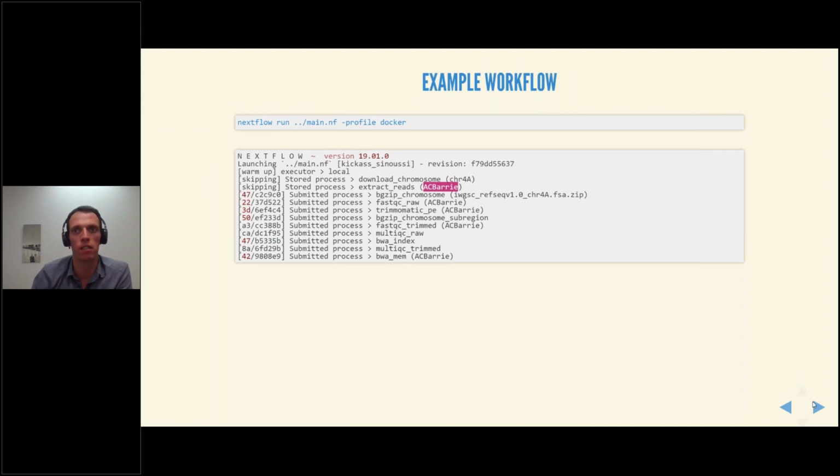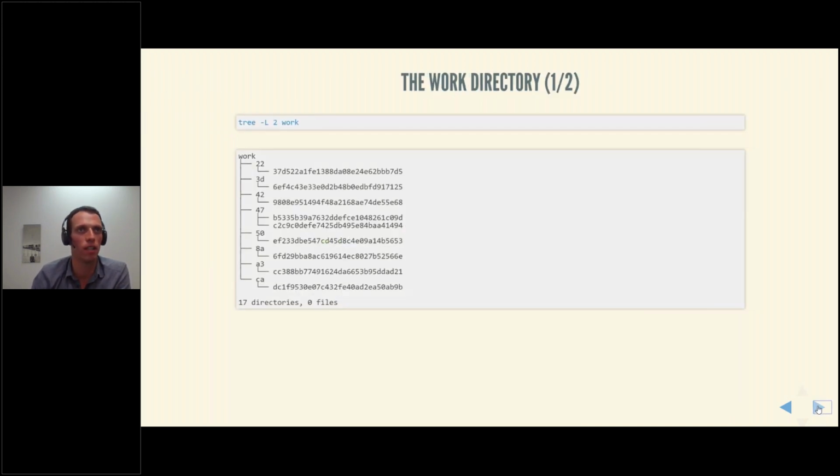Now, what happens under the hood is that you'll see that a number of directories is created. These hashes may not be too human friendly in terms of readability, but this is where the script files, the input files, and the output files go for each of the tasks.